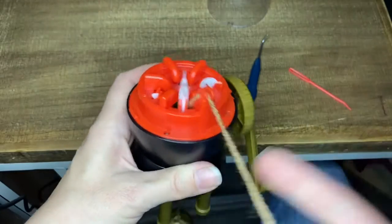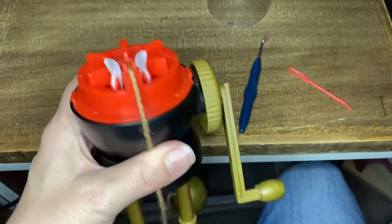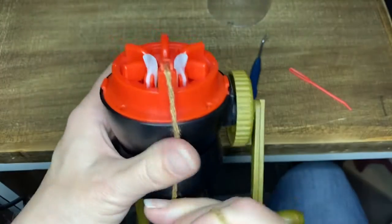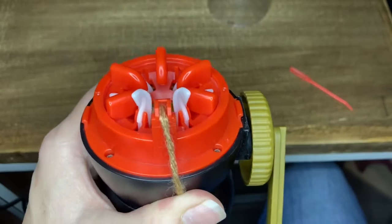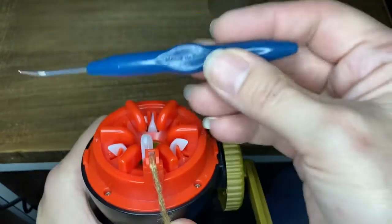So I can pull it up a little bit. If it hangs down low, it's not a big deal. It's wasting yarn, but you don't want to pull it up into the feet where it gets stuck. You just want to let it hang, and don't let it touch anything flat, or it'll mess it up when you're cranking for sure. So, okay, I got my thumb on there, and it doesn't come with a loom